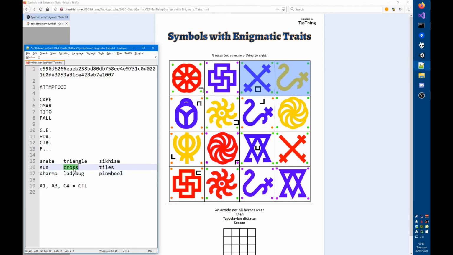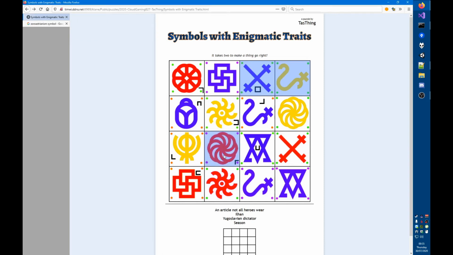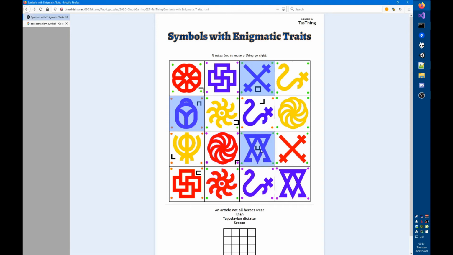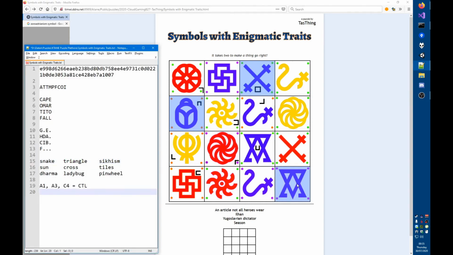This is a cross and a snake, so that would require the pinwheel in red and with green dots, and this one doesn't have green dots, so nope. Then we have this ladybug. Okay, ladybug with a cross that requires a triangle in blue with purple dots. I have found a second set. Okay, so this second set consists of Charlie 1, Alpha 2, and Delta 4, and the letters from the 4x4 grid here are POL. Alright.